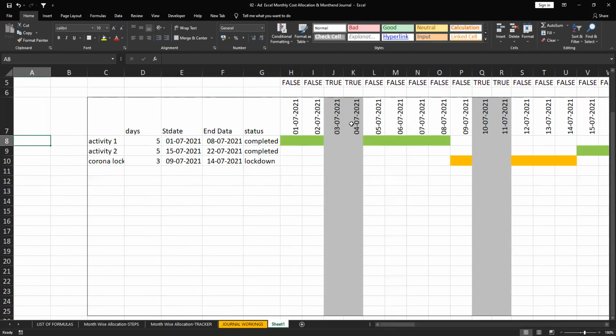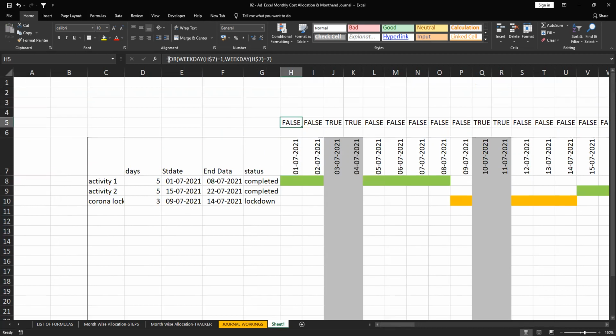Why do we give the OR formula? Because this date can be either Sunday or Saturday, not two conditions to be satisfied, only one of them. In normal communication also we say this is either Sunday or Saturday and I need to get it highlighted. That means we are using OR.